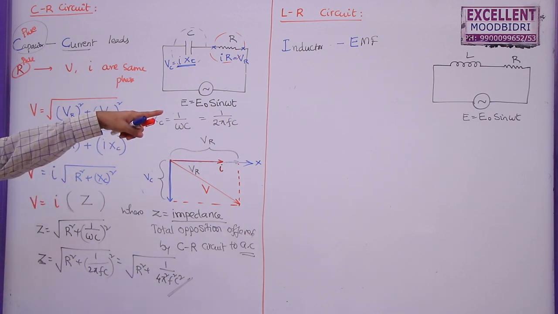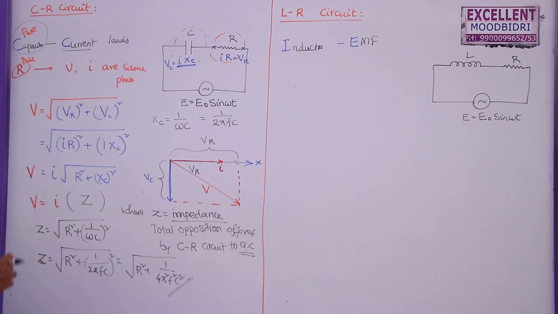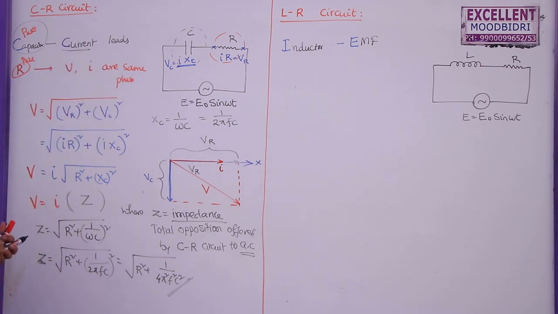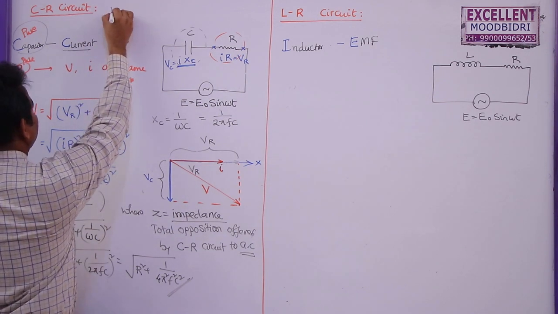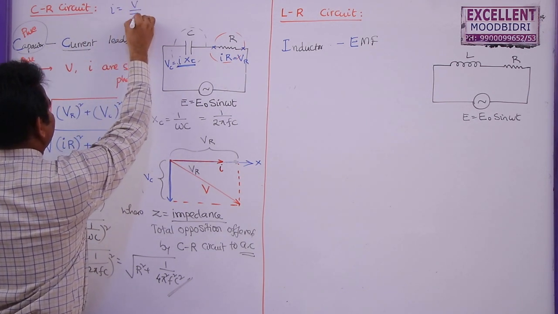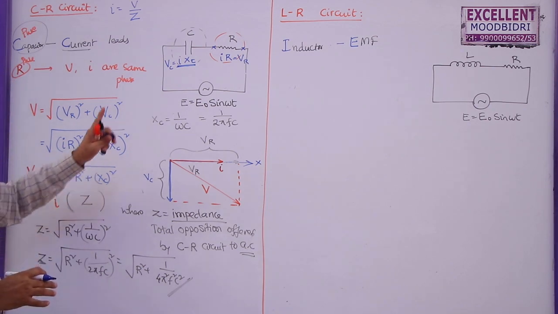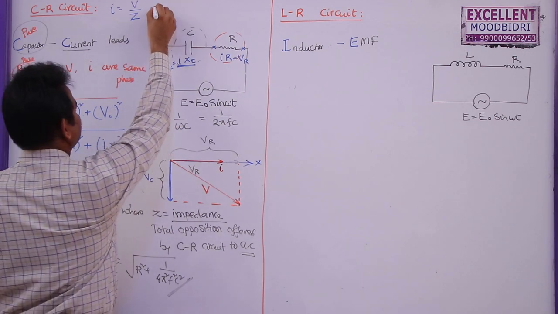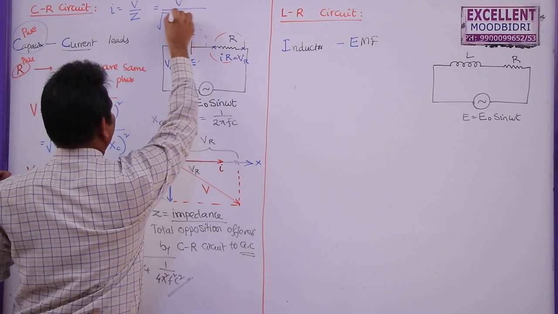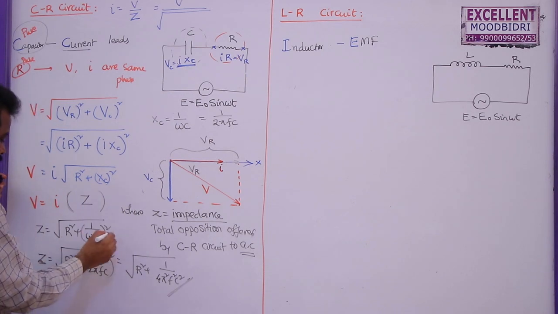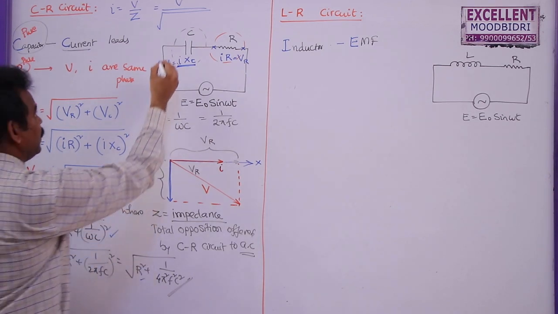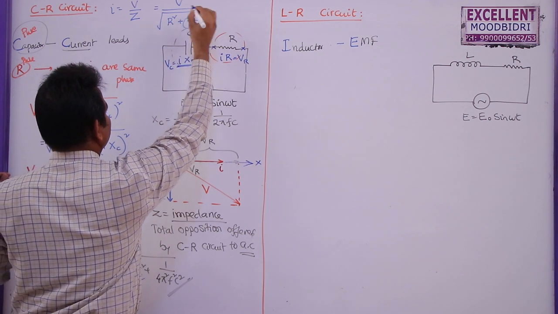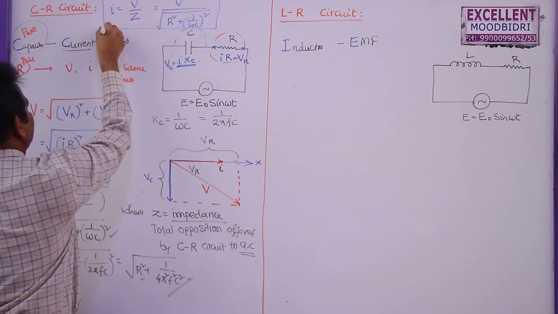Now we will discuss the impedance as well as the current through this circuit. If you know this value, what is the current passing through this CR circuit? We can write that the current through the CR circuit is equal to V by Z. Don't write V by R here, because that applies only if a resistor alone is present, but here both the capacitor and resistor are present. So we can write this as V by root over, Z can be written as this one, this one or this one, based on the quantities. Generally we can write 1 by omega C whole square plus R square. So this is the current passing through a CR circuit.